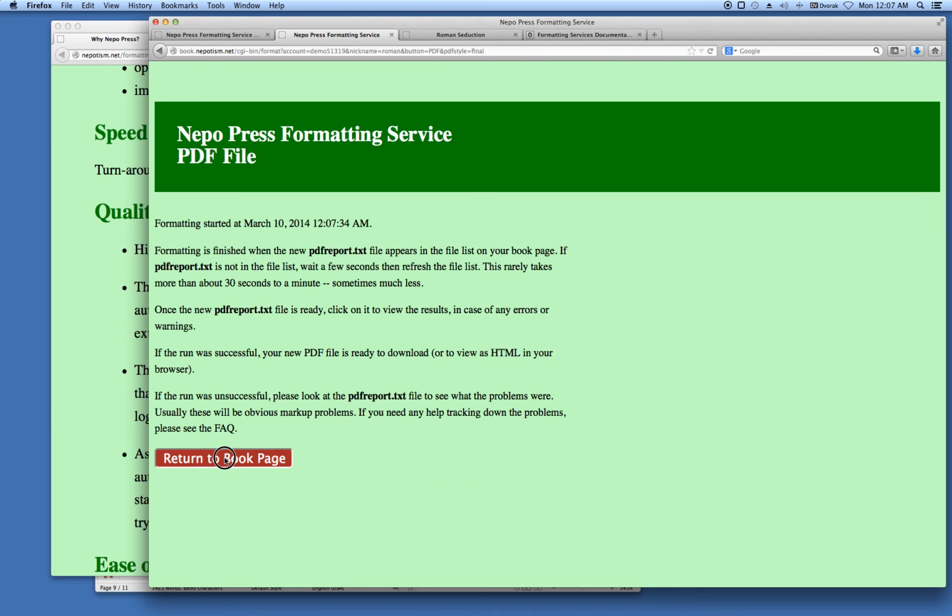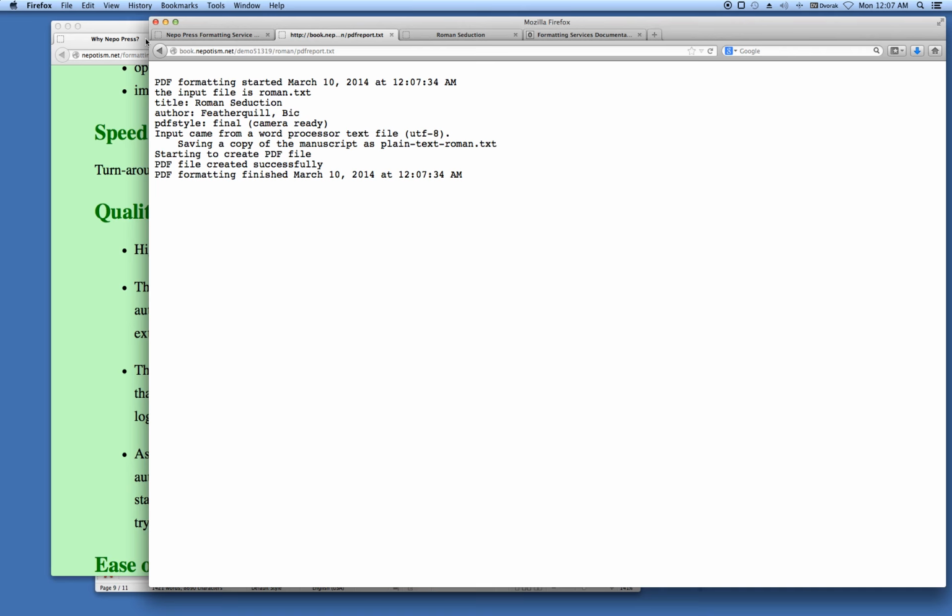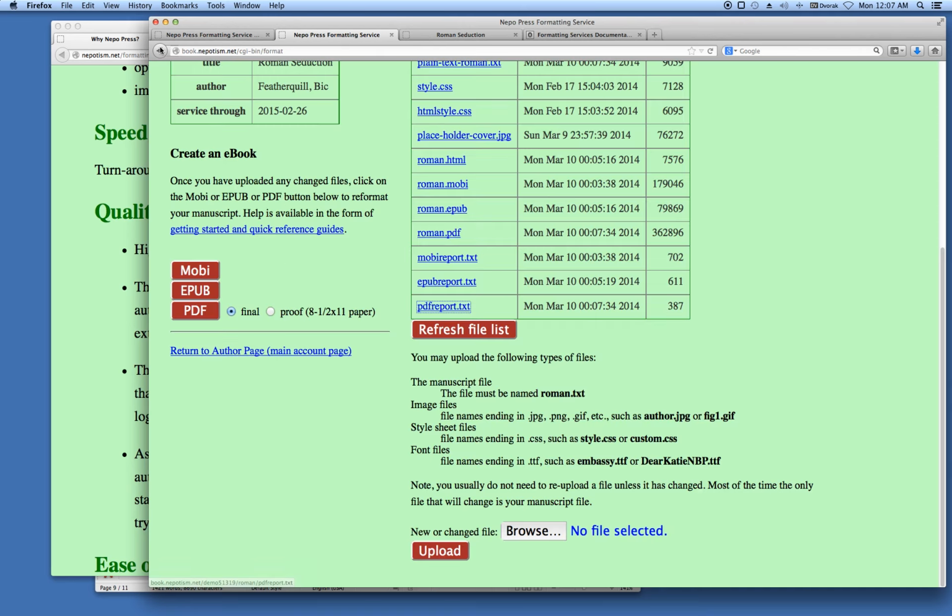and we return to the book page, and it's there already, Roman.pdf, and we have the PDF report. Let's check the report and see if there are any errors. No errors, PDF file created successfully. Okay. Now,